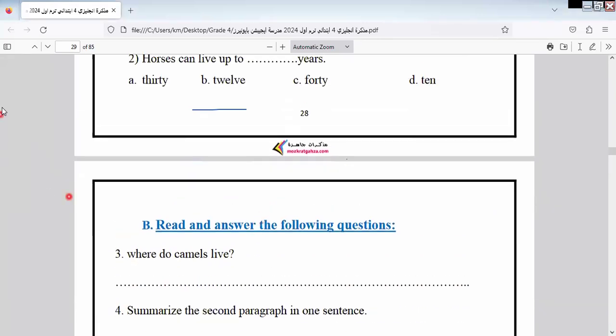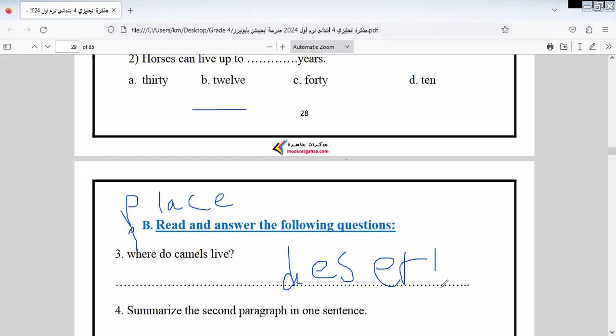Where do camels live? Here we ask about what? Here I ask about the place. Okay, we're here to ask about place. Camels live in what? In desert. As we know it from the text, you read in desert. So the answer would be what? Camels in desert. I can say here, camels